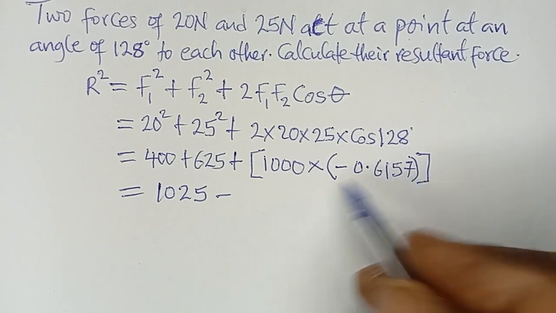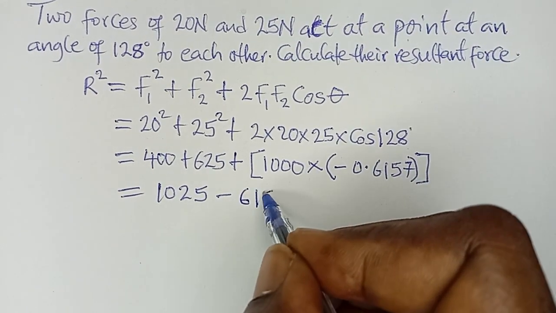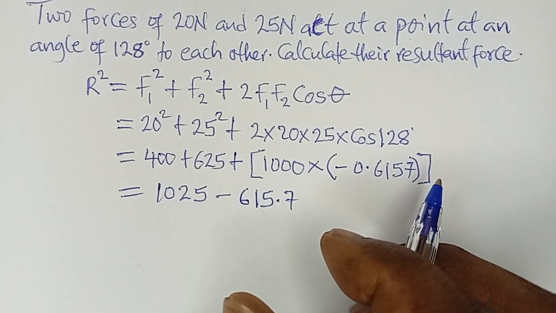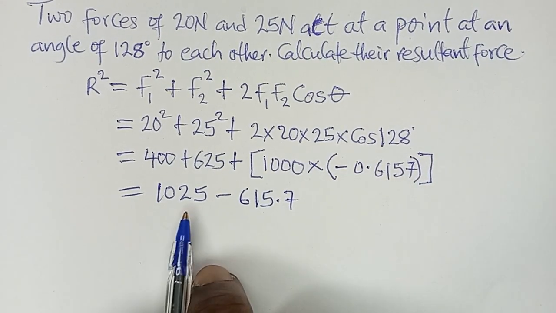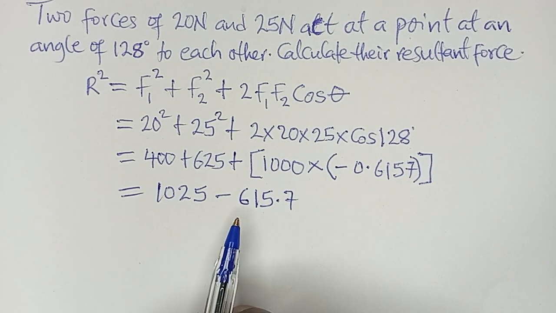And then this multiplied by this is going to give me 615.7. So from there now, I'm going to say 1025 minus 615.7,